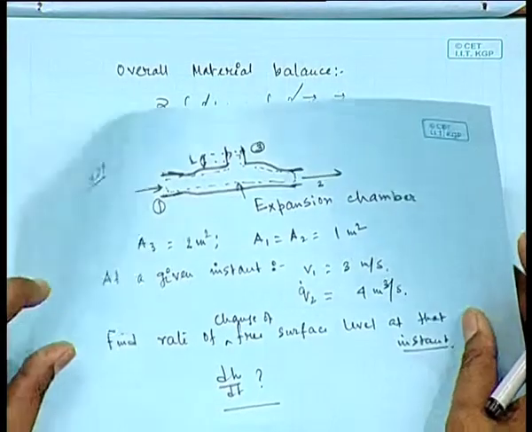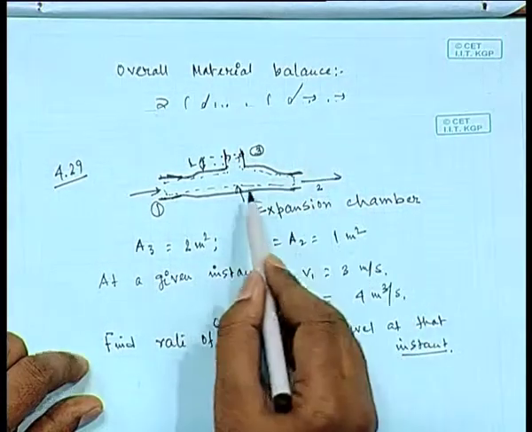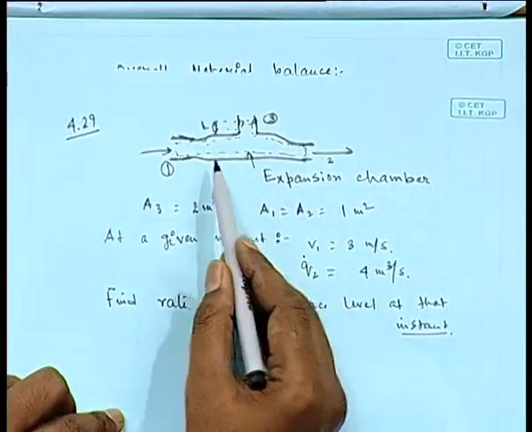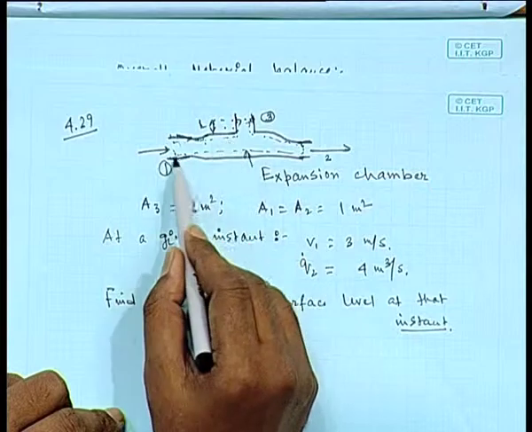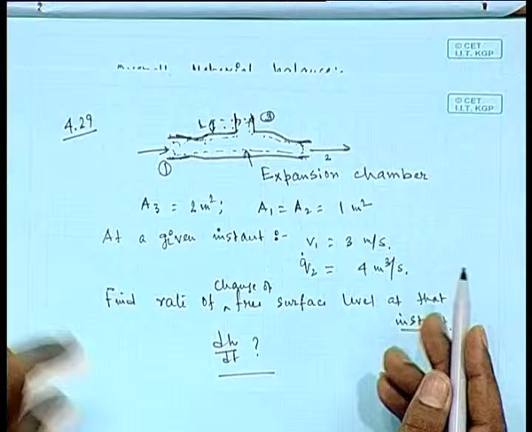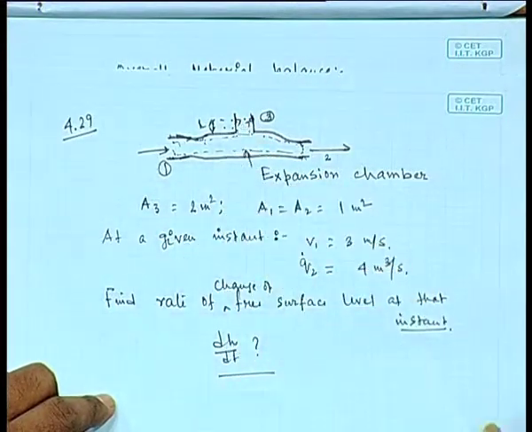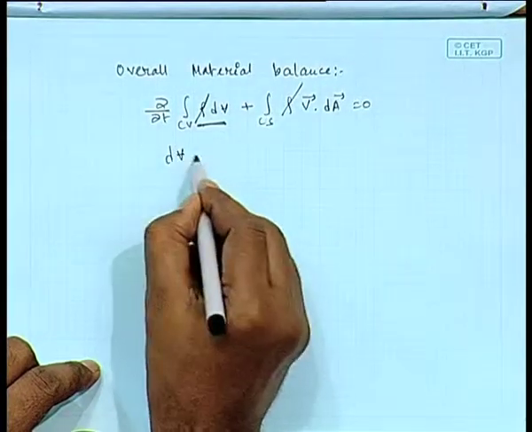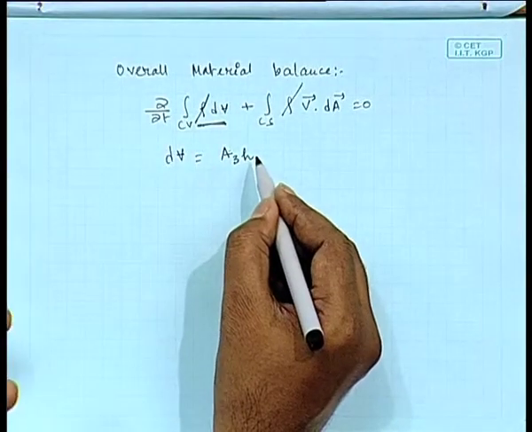The total volume will be the volume here, h times A3, plus, but you cannot quantify the volume in terms of area, etc., because this section is bent, there is a bend here, there is a bend there. You can say this total volume is, let us say, some V, which remains constant, but this volume will be variable because H is varying with time. So, dV will be A3H, H is the height at any instant,